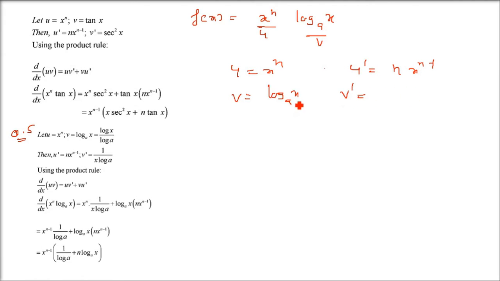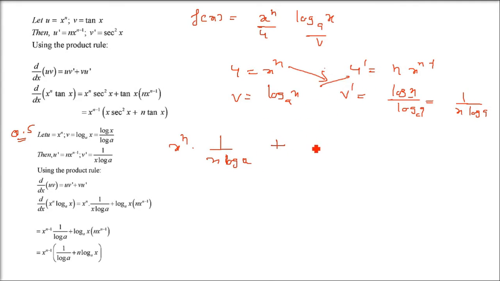So we know it directly, but I'll just tell you once again. We have done it already in the previous discussion. So we'll write it as log x by log a, because base e we are making, and log x differentiation is 1 by x, constant we are not differentiating. So 1 by x log a it will be. So we'll write this as x to the power n multiplied by 1 by x log a, and then plus n x raised n minus 1 and log base a x.